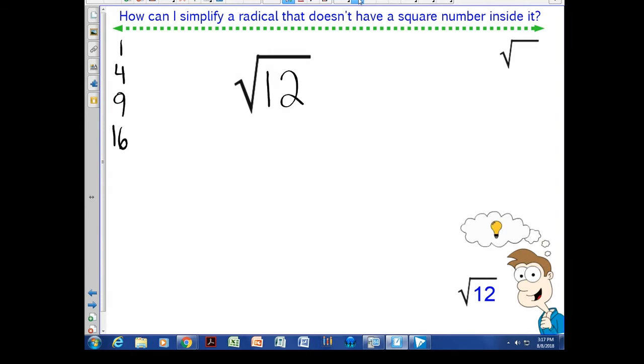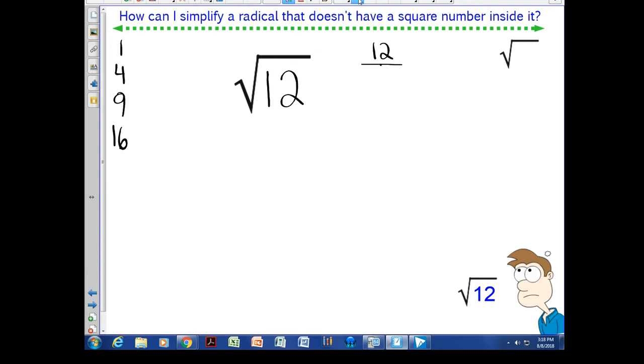Once I get to 16, 16 is bigger than 12. So those are all the perfect square numbers I'm going to need for this particular problem. So I can stop right there. Well, my next step is to take the number that's inside the radical, in this case 12, and make